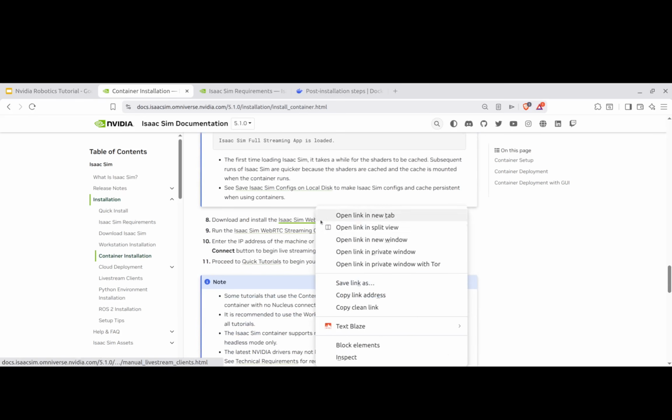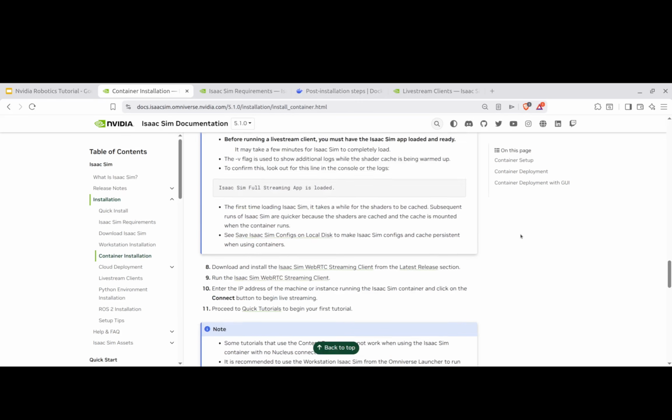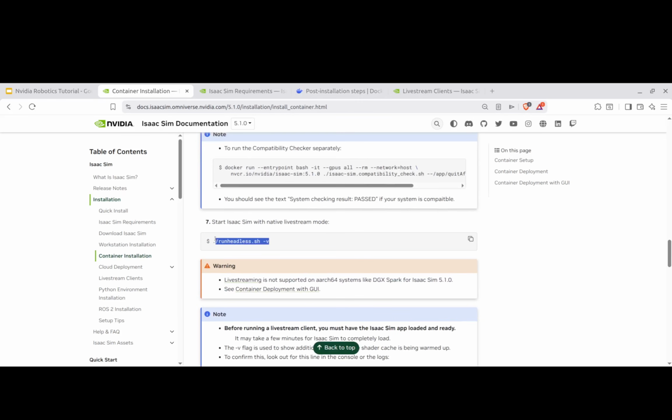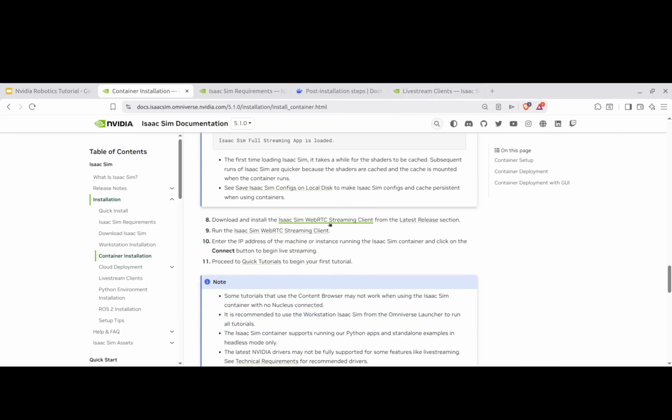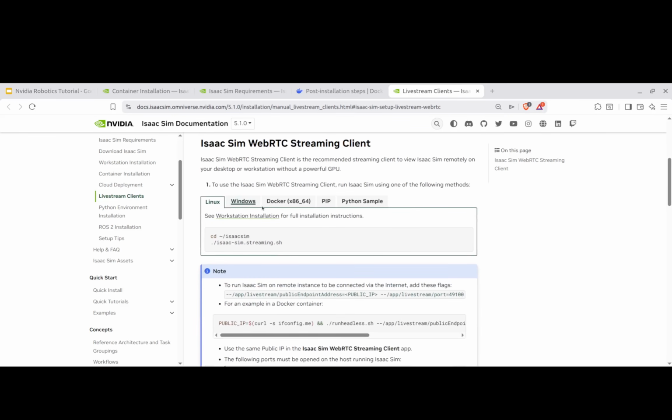And that's it. Then you go to this website. Yeah, so I did run this one to start my i6sim without GUI, and later would connect it with my WebRTC client. For that, I'm opening this i6sim WebRTC client, and in here you would have these